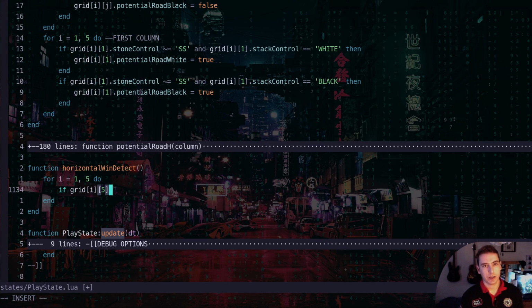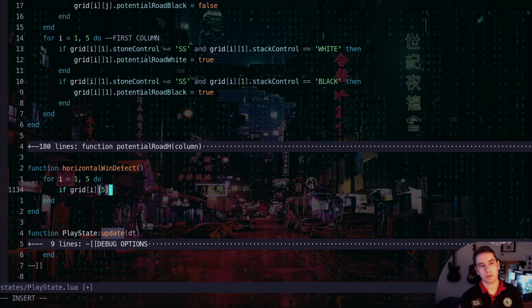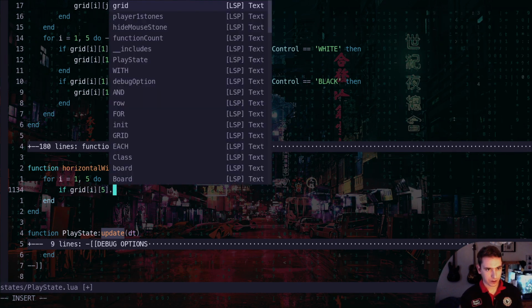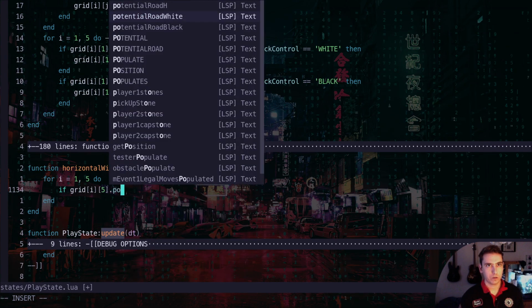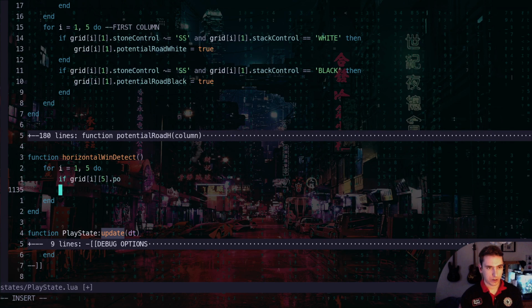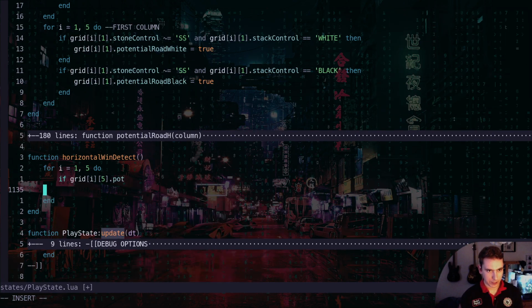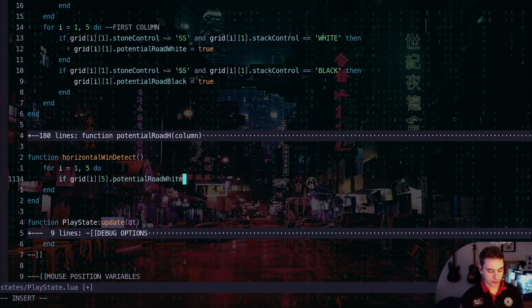Because it's only a win, horizontal win, if we built the road from the left all the way to the right. So if the grid at the 5th column has a potential road true, potential road, actually, yeah, we'd have to ask which potential road it is. So we would say, ding, potential road white. Then